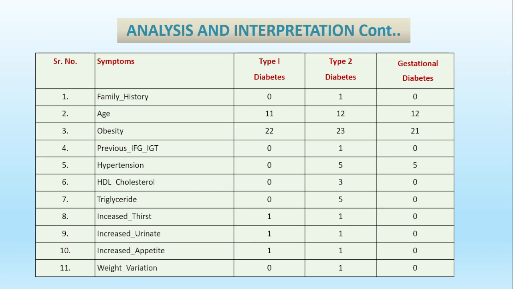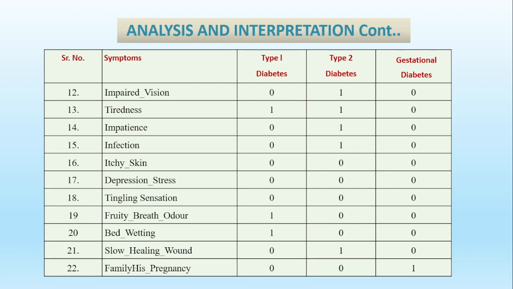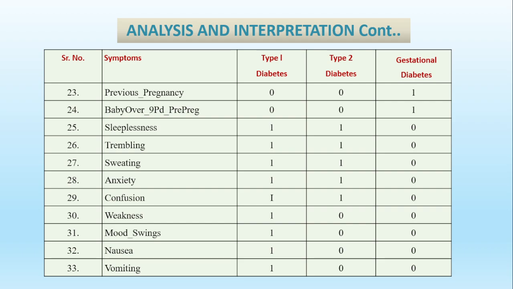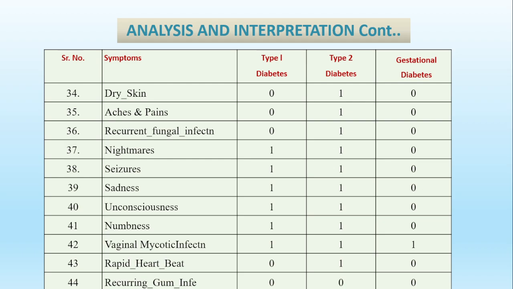Now, this type of all the weight variation, impaired vision, tiredness, impatience, infection, itchy skin, depression state, tingling sensation, fruity breath odor, bed wetting, slow healing wound, family history, pregnancy and previous pregnancy, baby over 9 pounds, sleeplessness, trembling, sweating, anxiety, confusion, weakness, mood swing, nausea, vomiting, dry skin, pains, recurrent fungal infection, nightmares, seizures, sadness, unconsciousness, numbness, vaginal mycotic infection, rapid heartbeat, recurring gum